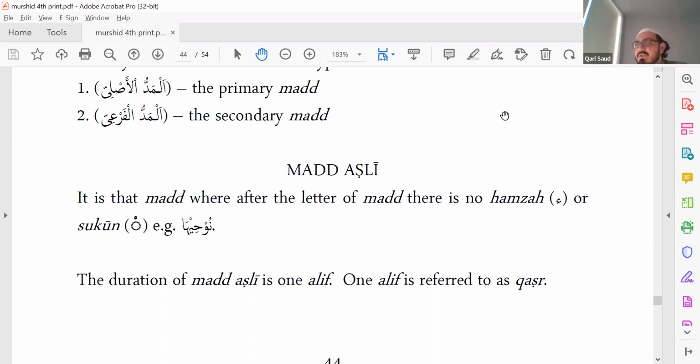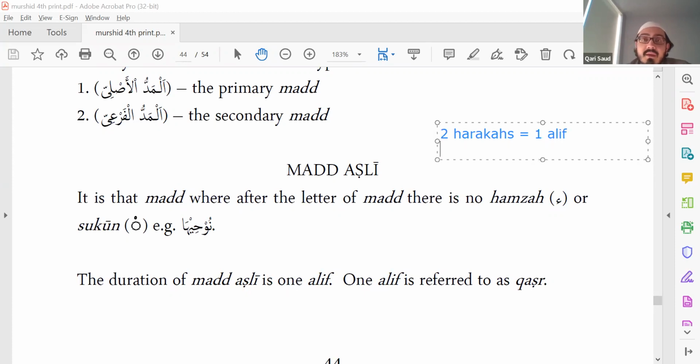So there's a lot of confusion. Some people say count, some people say second. So now you know how long a second is, right? A second is quite long. So what is a count? So it's not a count, okay? So they say 2 harakas, okay? So you can use this. There's 2 different ways you can count mads. And actually at the end of this, I'm going to show you a very simple way of counting mads, okay? Very simple way. But for now, you can just say, 2 harakas equals 1 alif, okay?